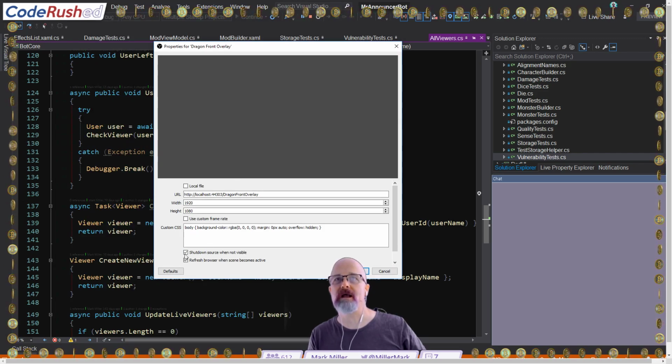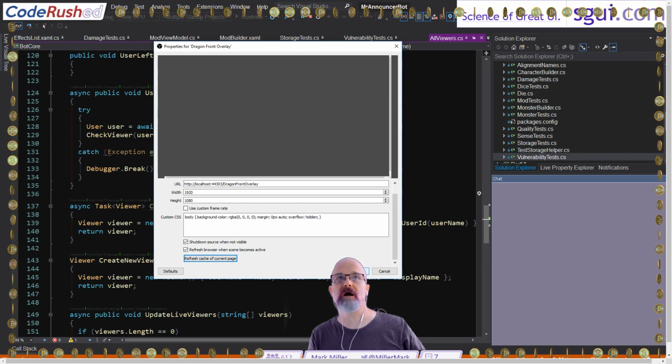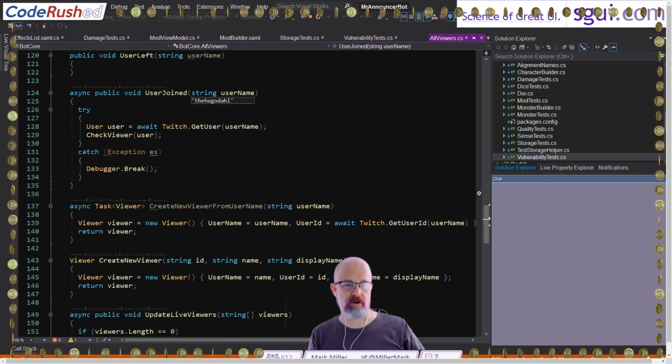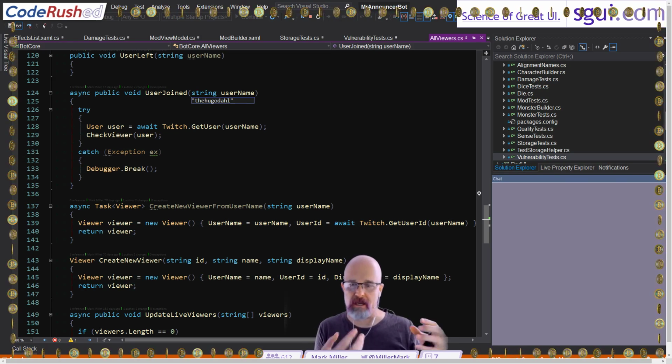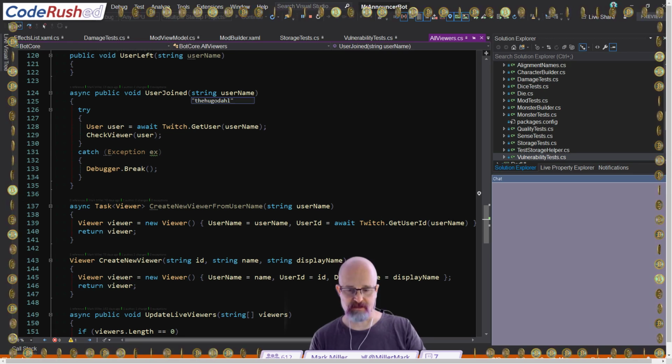I'm going to do this. So here's the dragon front overlay, refresh cache of current page. This is the one where we draw the special effects on. So there's that. And at that point, when those scroll bars go away, the dragon front overlay should be refreshed. When that happens, that's a good time to test out to see if the fireball or the